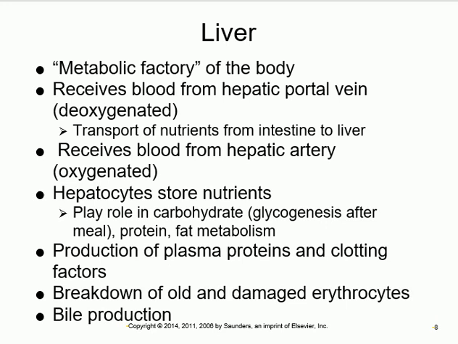It will receive oxygenated blood to feed the liver, and deoxygenated blood, which is carrying the nutrients that are newly absorbed from the digestive tract to the liver. The liver will take care of it. And what do we mean by taking care of it? This is the metabolic factory. Here is the liver. It says, okay, you eat, you absorb, the food comes to me. When I say food, I mean nutrients, and they have to be in the smallest molecules, like